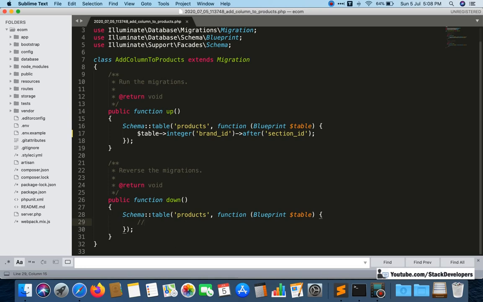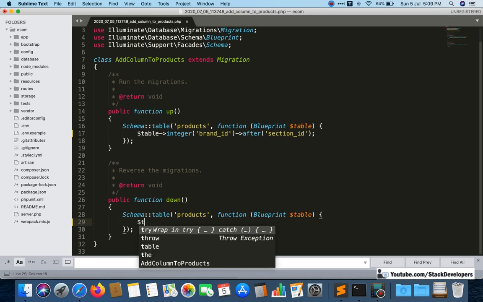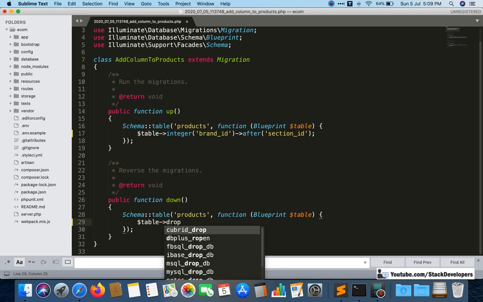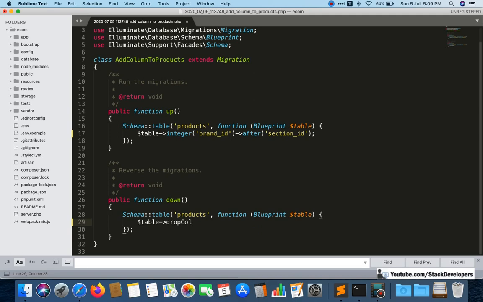Here, in case we want to roll back our command in future and we don't want this column, one more command we can give here, and that is $table->dropColumn. If we run the rollback command, as you can see in the Laravel migration series we did earlier, this will undo the change. In case we add a column by mistake, we can roll that back and restore to the previous state. So this one is also required here.